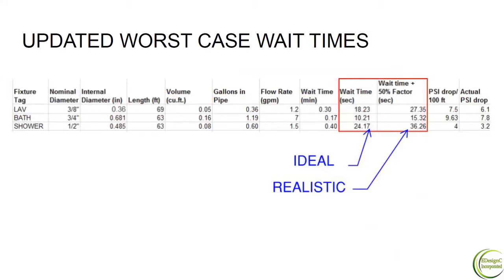So we brought this to the owners, and we were expecting a lot of hesitancy or pause from them. But they were actually very pleasantly surprised that, you know, this is a bit of a trade-off of waiting longer for hot water and also wasting a bit of water. But